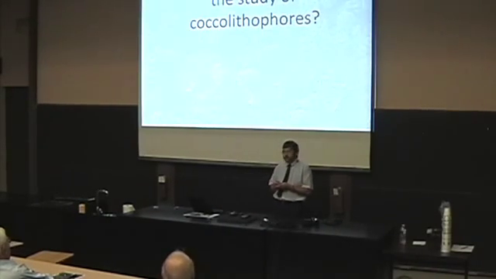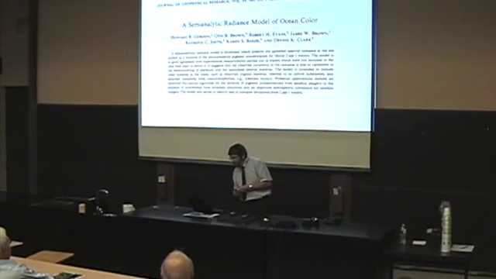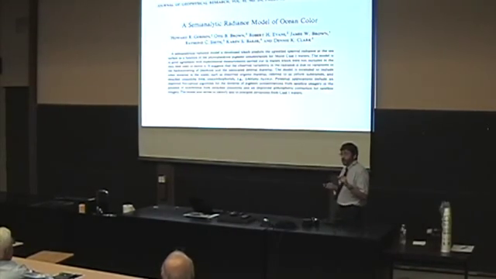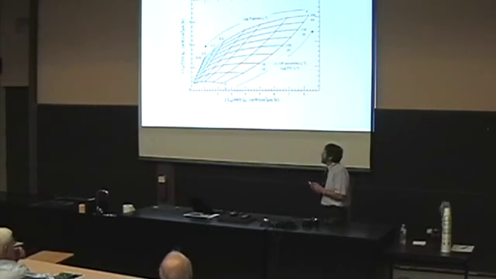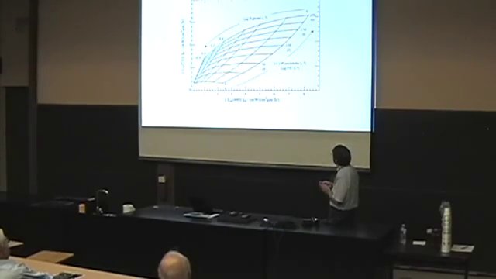So where does Howard fit in to the study of coccolithophores? Now remember, Brown and Yoder was in 1994. This was a paper in 1988 called the Semi-Analytical Radiance Model of Ocean Color. It had Otis on there, Bob, Jim Brown, Ray Smith, Karen Baker, Dennis Clark. And basically, buried in this paper was the basics of a two-band coccolith algorithm. Two bands, water-leaving radiance in the blue and in the green, and they derived a lookup table, where the horizontal isopleths are coccolith concentration, and the more vertical isopleths are pigments.